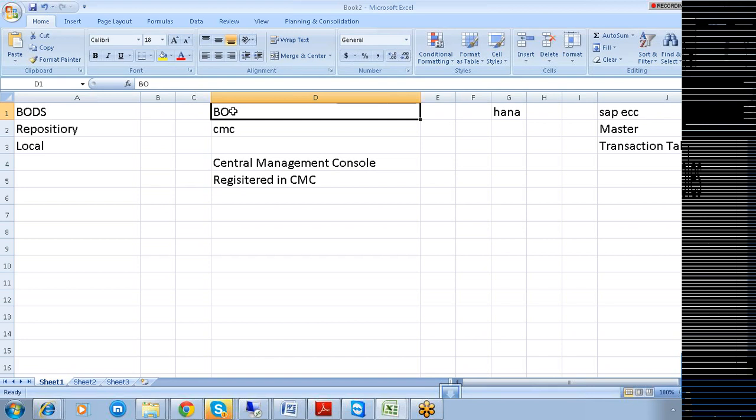The main purpose is that through BODS, we are going to import your SAP related tables and the SAP related data into SAP HANA eventually. That is what we are going to do here. Archana, these are two things in one shot: HANA is going to be covered along with BODS.